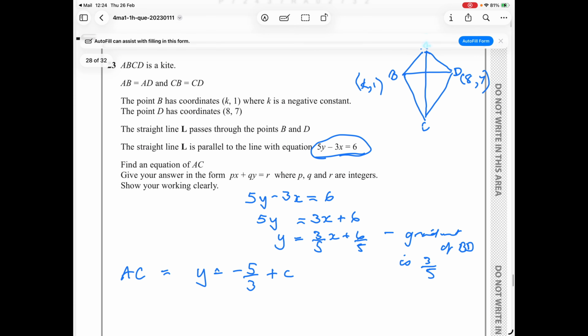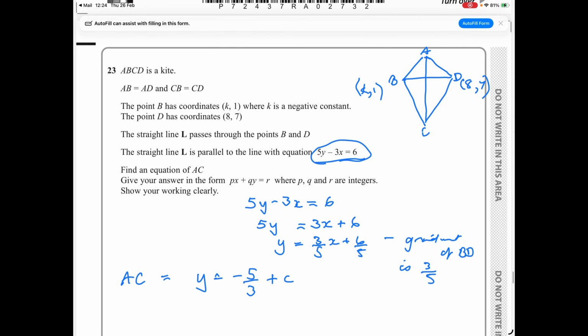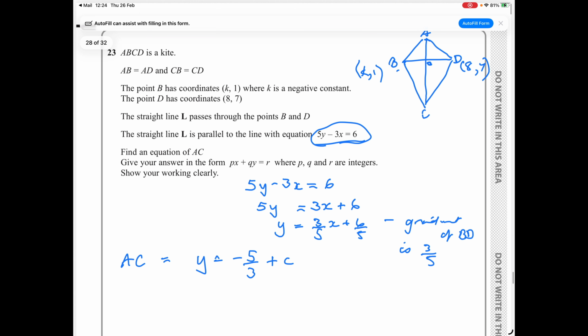Now, the thing that we haven't got is the midpoint of B and D. If we find the midpoint of B and D, then we're good. In order to find it, I think I'm going to have to find out the whole thing. So let's do BD,